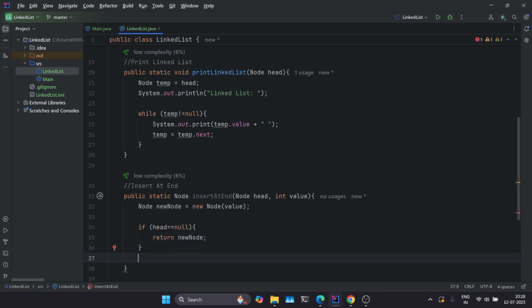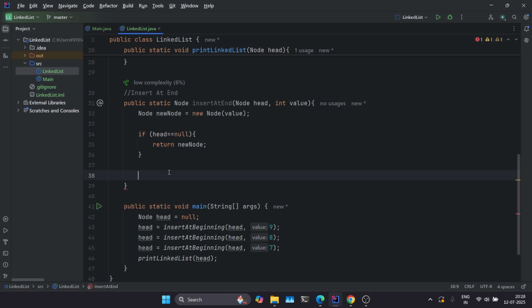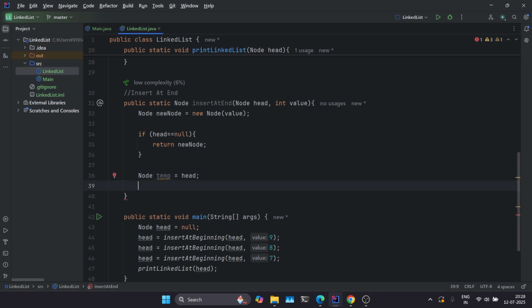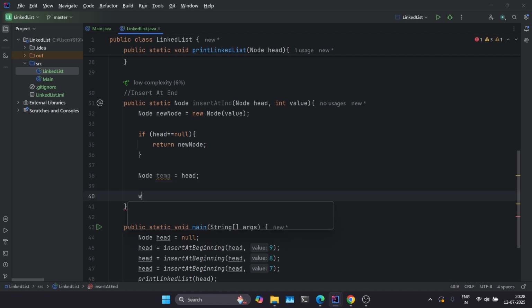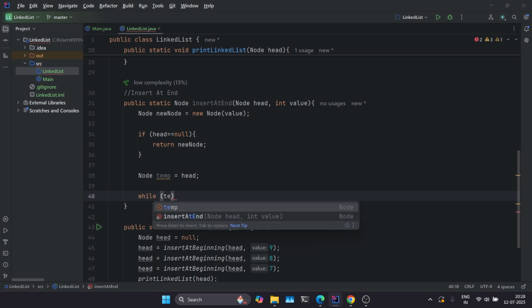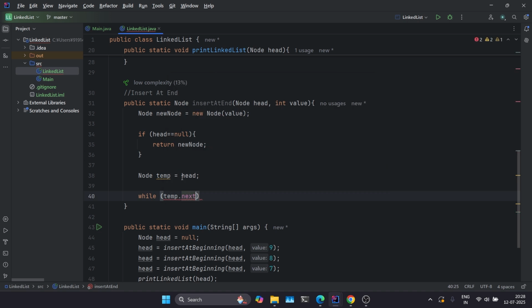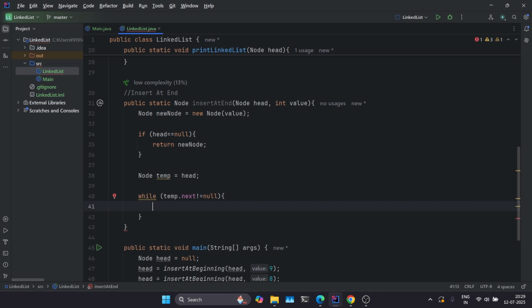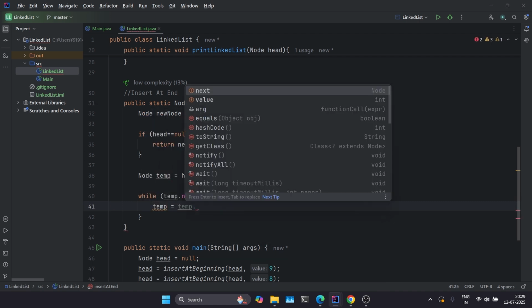Now if head is not equal to null, for that particular case, first we will store the value of head into one temp variable, because we're gonna iterate through the linked list, so that's why we are keeping our head safe. Then for iteration we'll use the while loop. In the while loop we will navigate until the last node. So last node will be like temp next is not equal to null. So if temp next is not equal to null means we haven't come to the last node, and inside this we'll just increment the temp counter. Temp is equal to temp dot next,